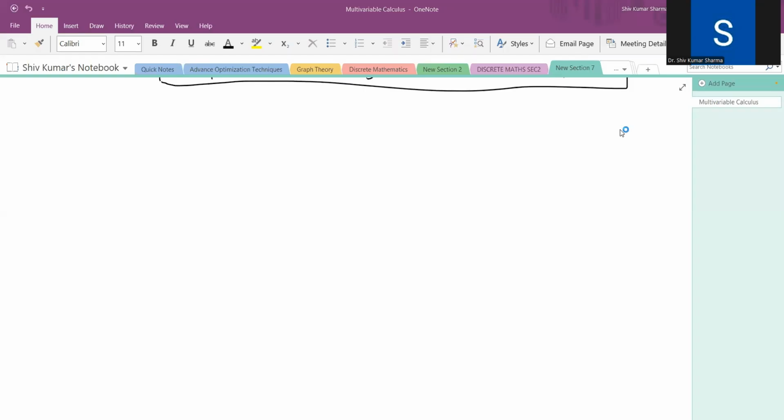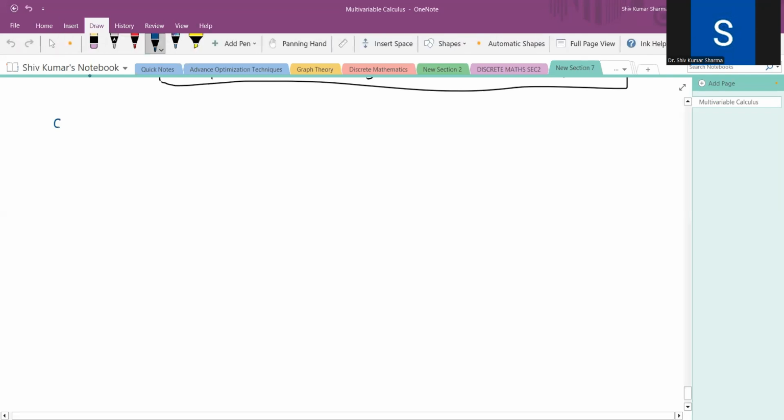We are discussing Euler's theorem for homogeneous functions. So today we will discuss the corollaries and the deductions of Euler's theorem. So we start with the corollary. Here we write down the corollary